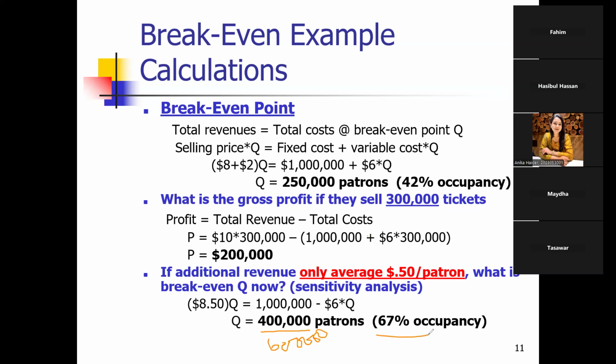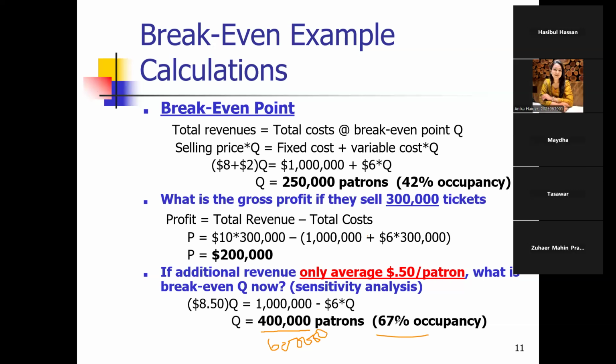0.67. It is 76 per 67%, isn't it? Have you got it? Yes, sir. How do we get 6.67%? So you have to check